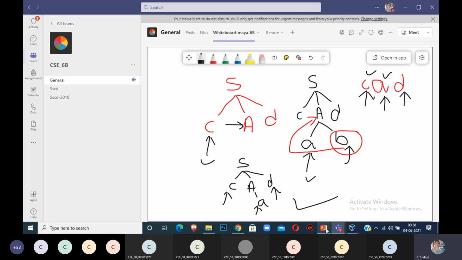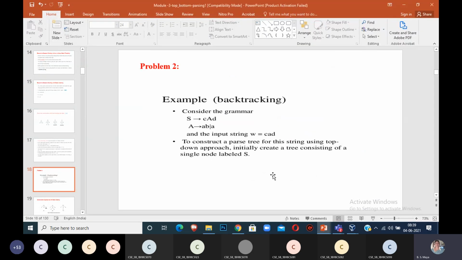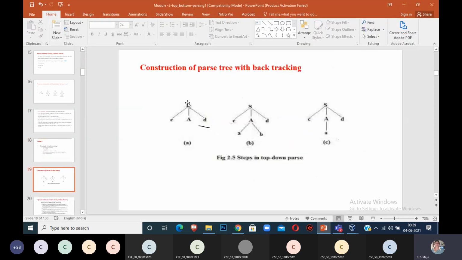Okay, that is only what I am writing in that slide. See, we can observe. Yes, there I see cAd. At the next level, A can be replaced with ab. Then you have to apply backtracking to A. Then I got this one. See, all three parts you have to construct. It carries 1 mark in the exam.